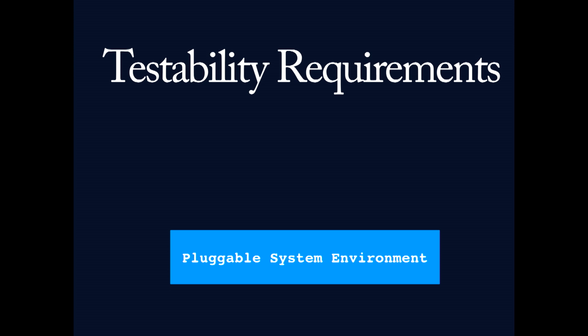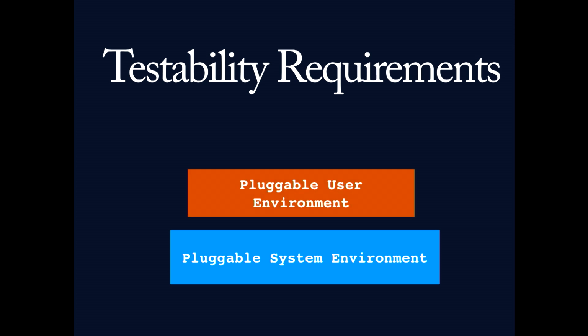So what do you need to actually make these systems testable? One is your actual system environment needs to be pluggable, meaning the primitives provided by the system. Like if you have a dependency in production on S3 to do intermediate shuffling, you have to figure out a way to make it executable on your laptop in a CI/CD pipeline.